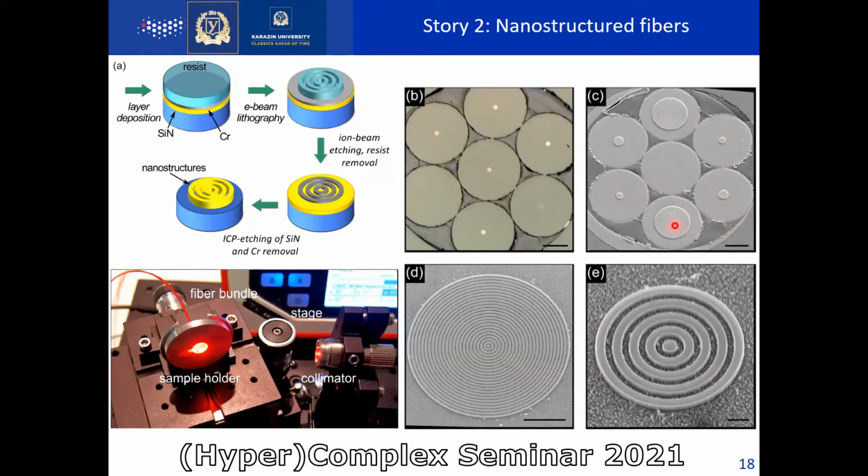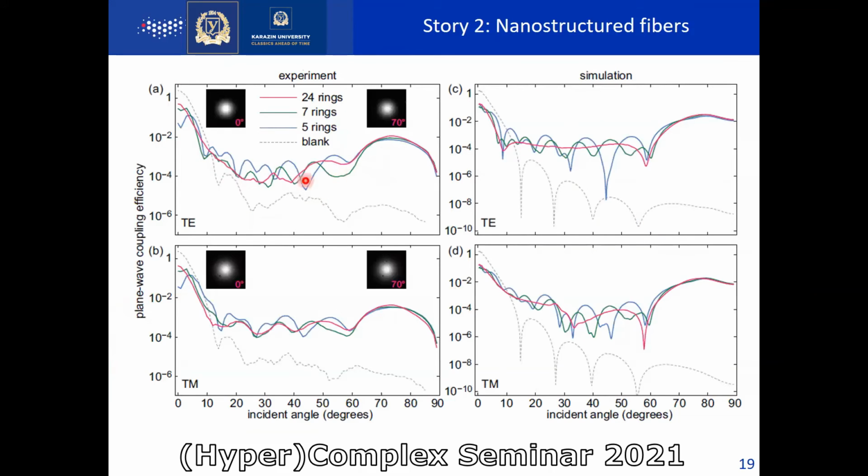Here are 5, 7, and 24 rings. And here is the main result, where you can see the dependence of plane wave coupling efficiency on the incident angles for different polarizations, TE and TM. Here are experimentally measured results and numerically calculated. This gray dashed line corresponds to the bare fiber without nanostructure, and the color lines to the fibers with different numbers